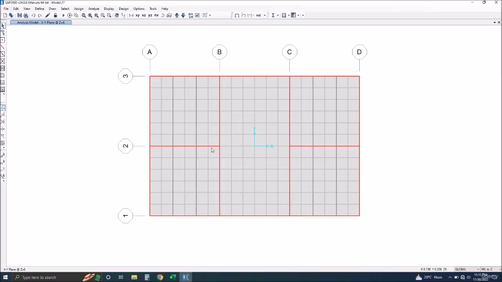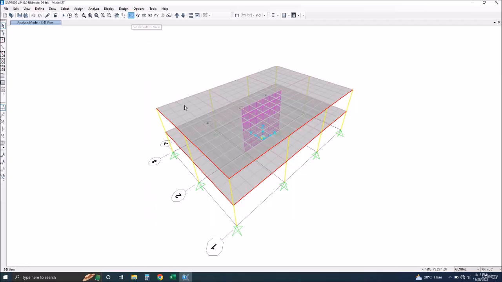I have clicked on show analysis model so I can see if my secondary added beam is exactly meshing the slab node. Let's hide it. I have selected this beam and hide it. Yes, it was exactly meshing my slab, so it is okay. If it was not meshing my slab, then I'll have to manually mesh the slab, as we have discussed in detail how to mesh the slab. So my beam is actually transferring the forces correctly, and the slab is also transferring the forces correctly. So I have assigned the beams, columns and secondary beams to the